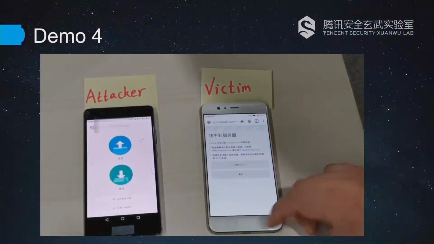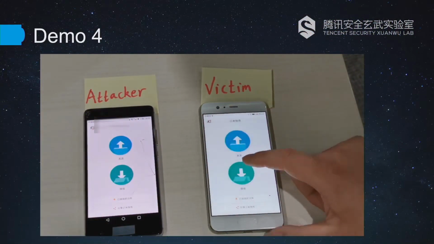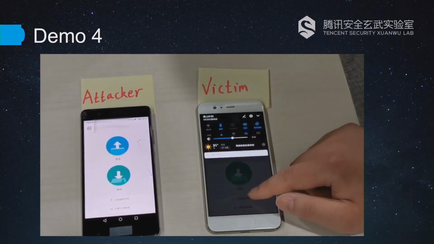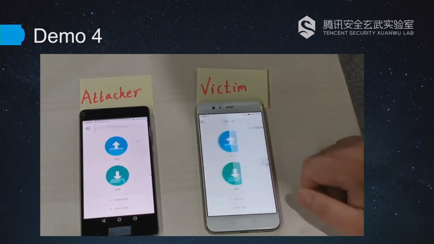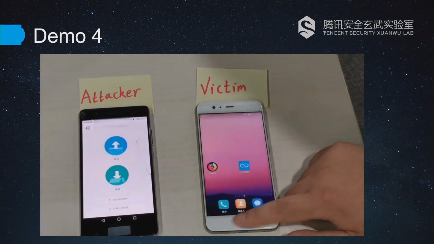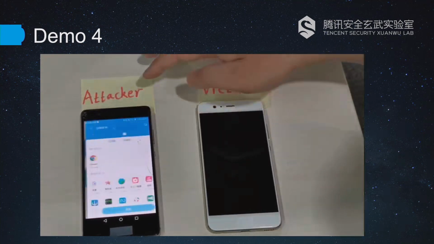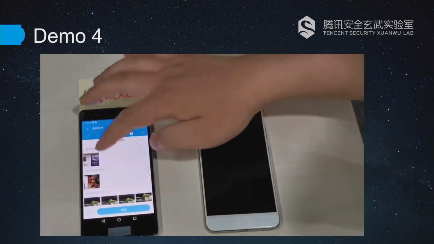The victim just checks his internet access and he just opened the file transfer app and just leaves it here or makes it run in the background or turns it off, turning the screen off here.